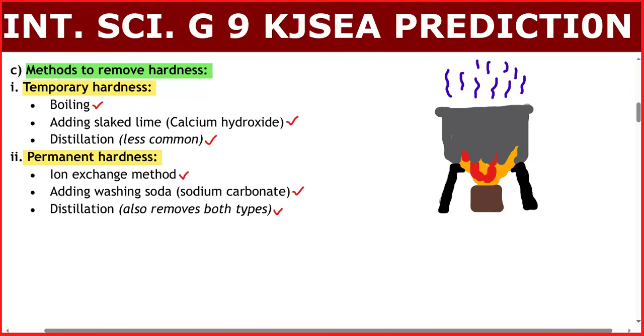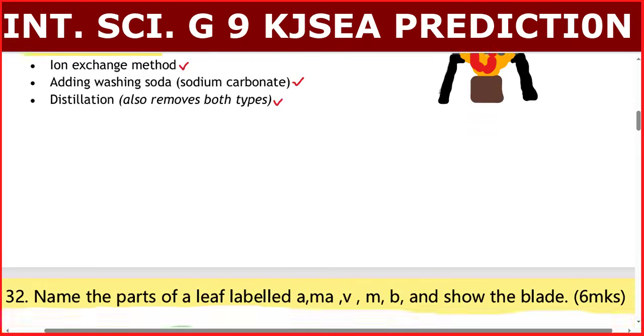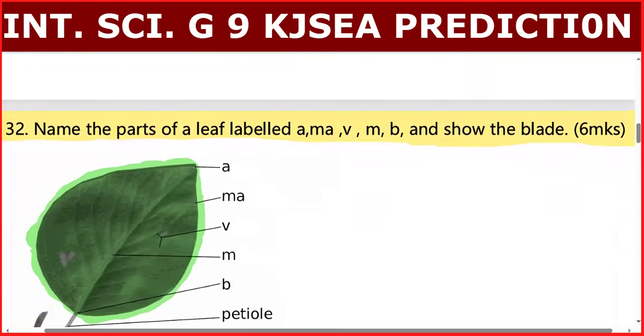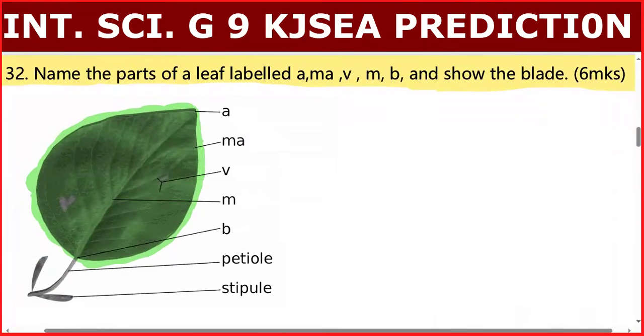Next, we are told, name the parts of a leaf labeled A, M, V, M, B, and show the blade. All right, we have already petiole and stipule. Now, let us go to A. A for apex. A for apex, and